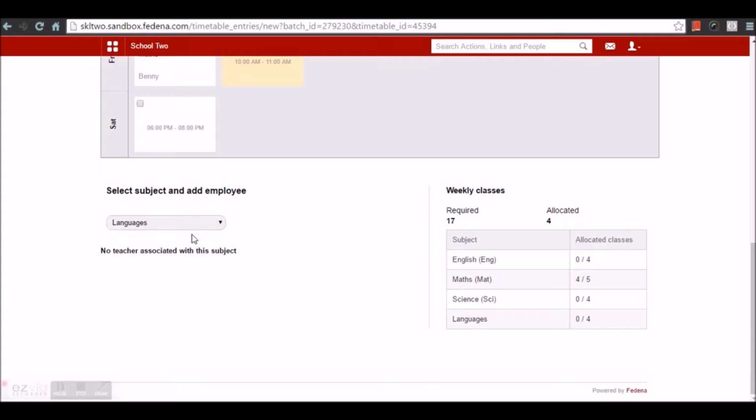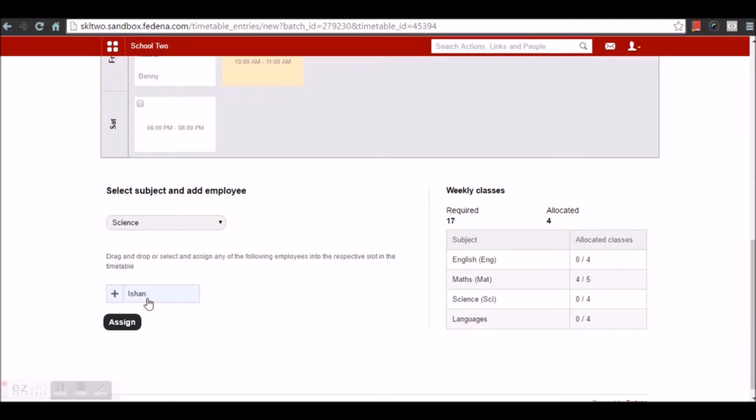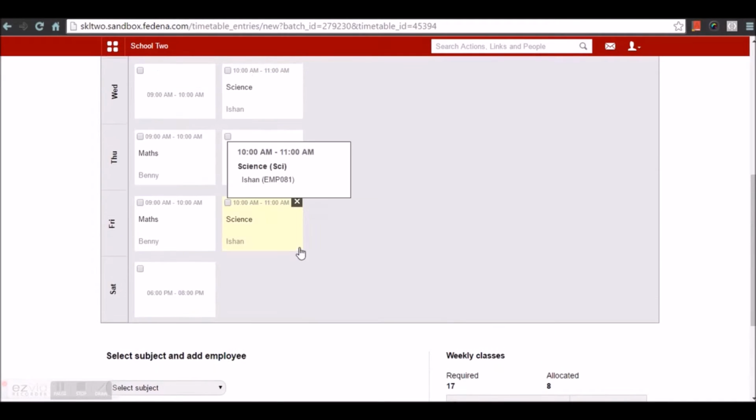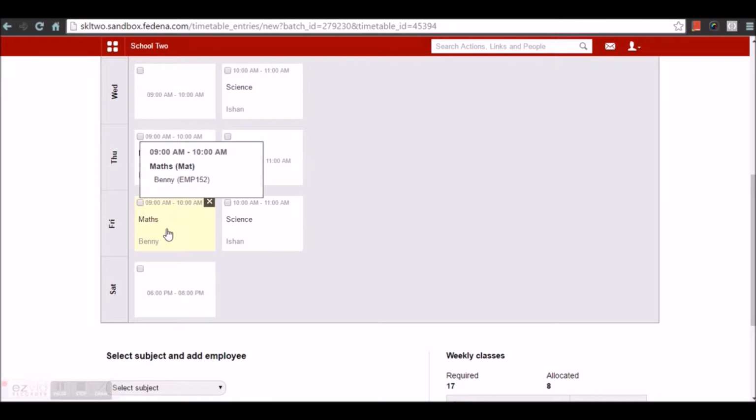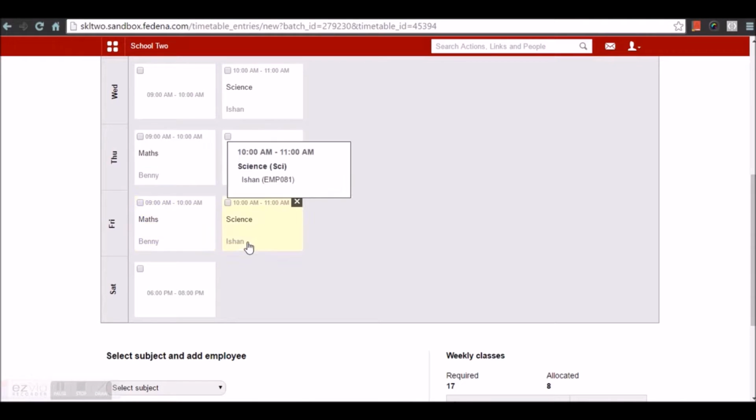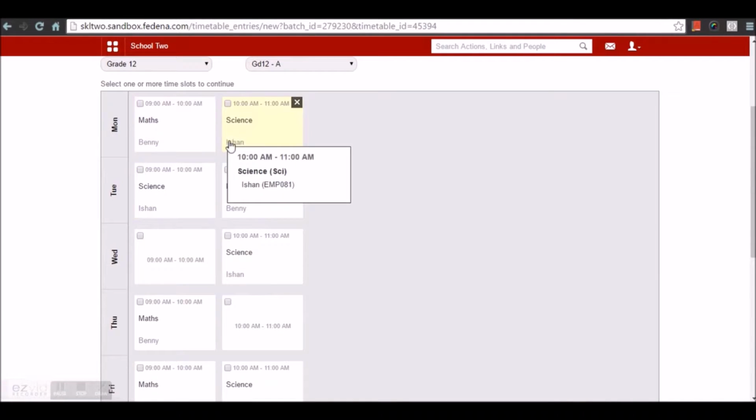As you can see here, when you hover your mouse, you can see the subject, you can see the employee, you can see the time duration. The same way you can see for others as well. So this way you can make the timetable allocations. Once these timetable allocations are completed,